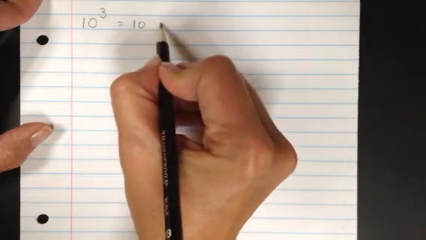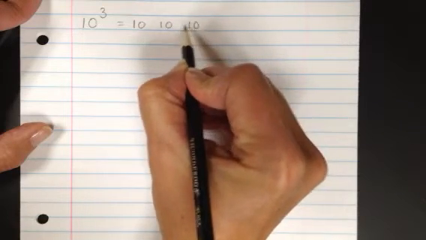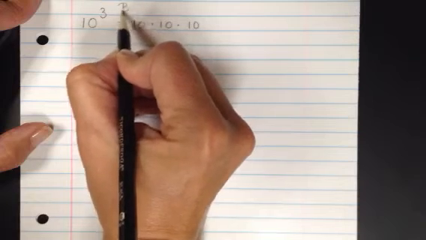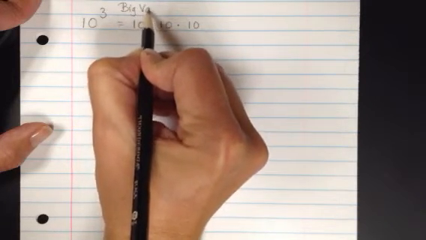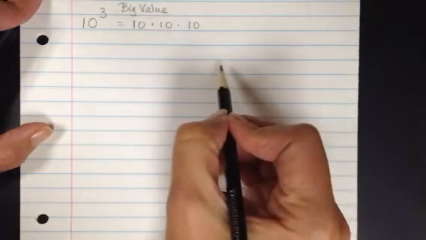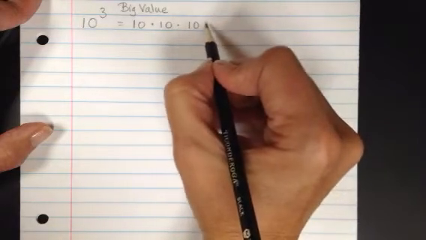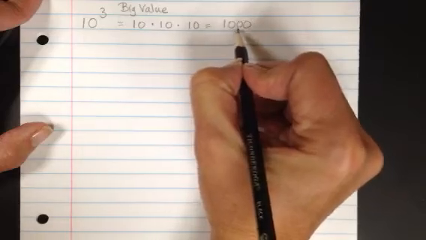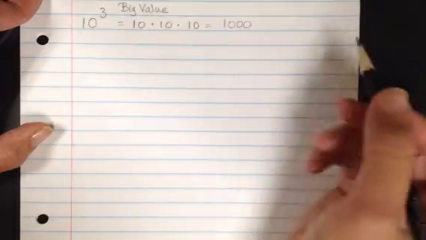this one, that's a positive exponent, and as we talked about before, an exponent just tells you how many times to write down the base number and to multiply it together. We know that this is going to be a big value number because that exponent is positive. When we write this into standard notation, this becomes 1,000 because it has 3 zeros, because it was 3 times,